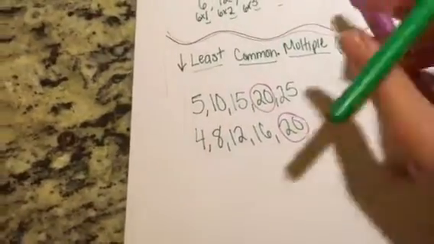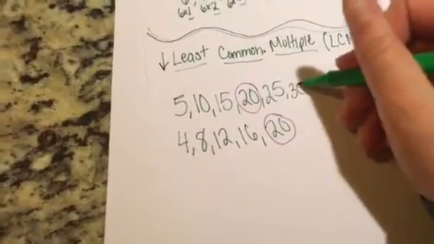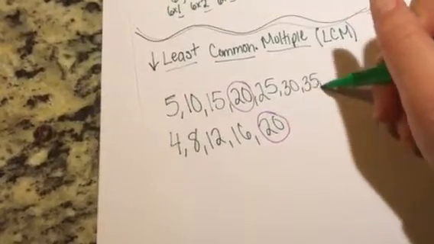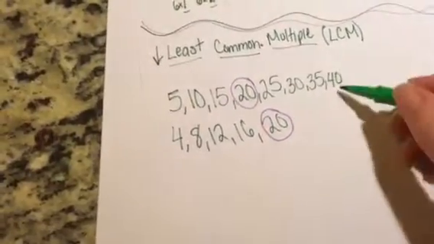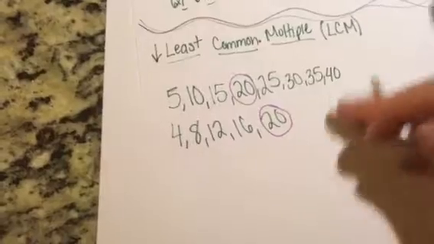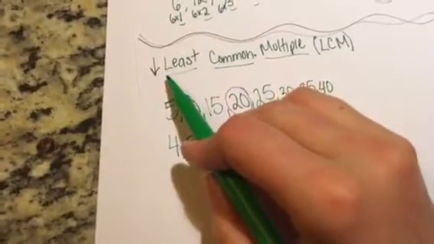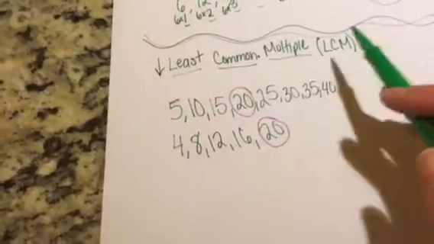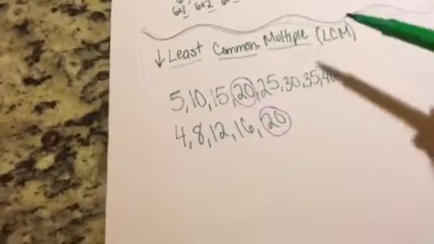Now, if I keep going, I'm going to have another common multiple with 4. It's going to be 40, right? But that's not the least one, so we don't want that as the LCM. The LCM is the one that's the smallest. So to repeat, let's do